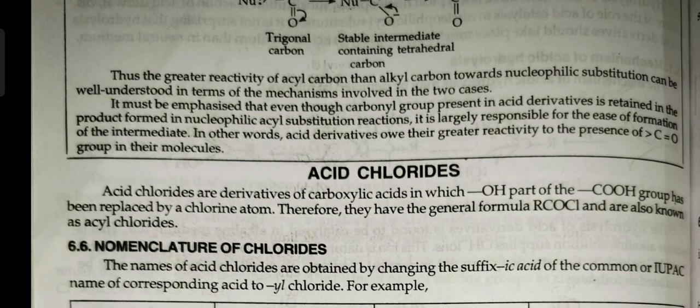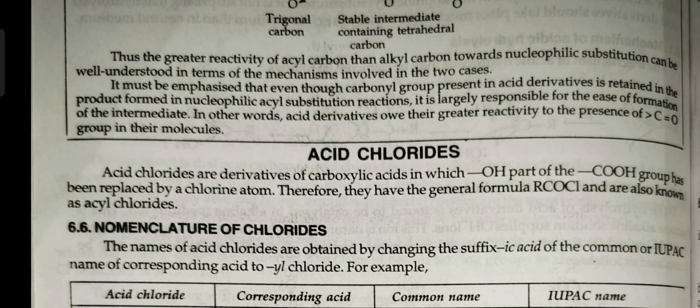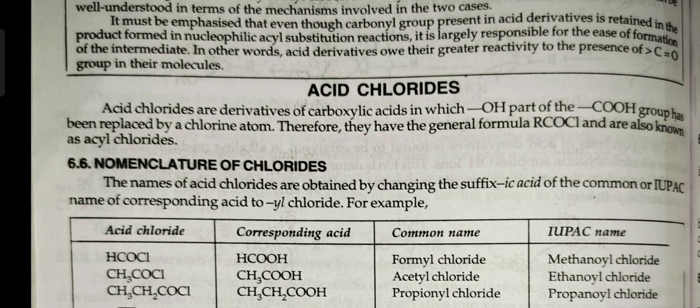Acid chlorides. Acid chlorides are derivatives of carboxylic acids in which the OH part of the COOH group has been replaced by a chlorine atom. Therefore, they have the general formula RCOCl and are also known as acyl chlorides. Nomenclature of acid chlorides. The names of acid chlorides are obtained by changing the suffix -ic acid of the common or IUPAC name of the corresponding acid to -yl chloride. For example,